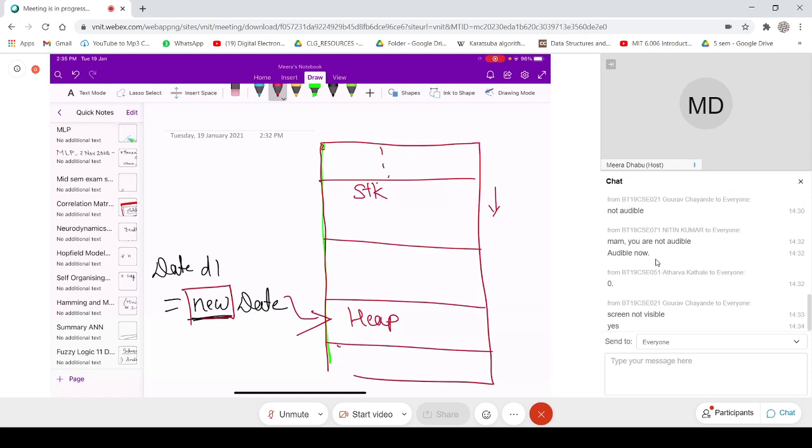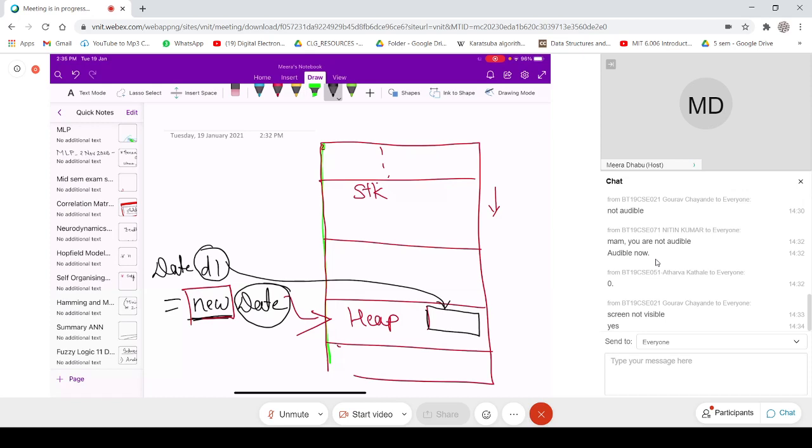Here, try to understand that bytes will be allocated for D1, but D1 is a special type of pointer, pointing to this memory location where an object of the type Date is stored.